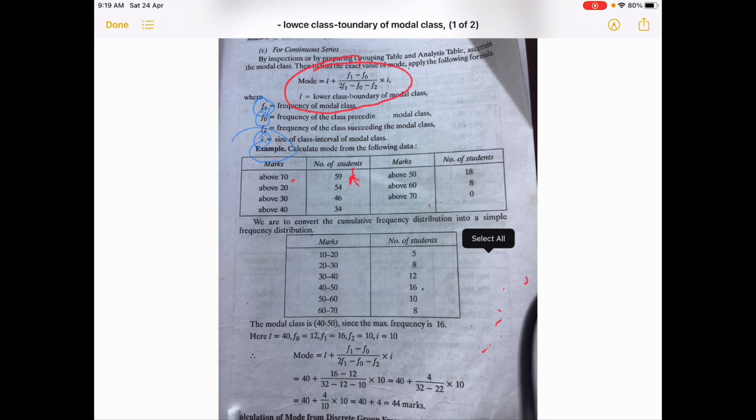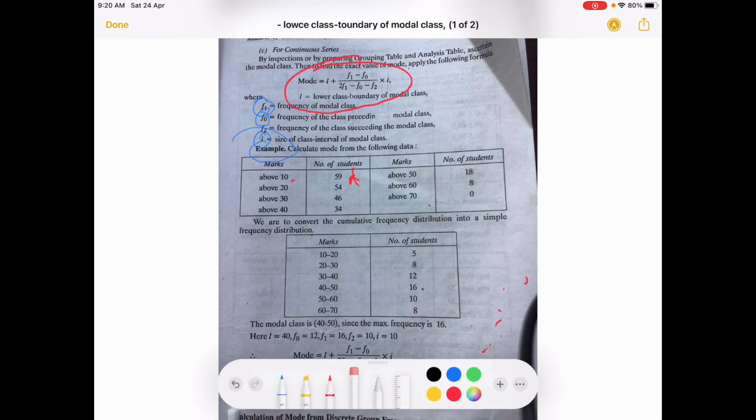Now you have to see which one is mode or which one is modal class. अब यो marks भित्रमा कुन चाहिँ exact मोड हो त, center figure कुन चाहिँ हो भन्दाखेरि अहिले मोड exact देखाउन सकिँदैन, तर class modal class चाहिँ देखाउन सकिन्छ। Modal class अब यो चाहिँ modal class हो, class boundaries। मोड चाहिँ एउटा figure मात्रै हुन्छ र number of student हेर्दा सबसे बेसी कुनमा छ भन्दा यो हेर 16 चाहिँ सबसे highest आउँदैछ यहाँ। ओके, 16 is coming, सबसे highest आउँदैछ। सो यसमा चाहिँ तपाईँको मोड बस्छ, most frequent and occurring frequency 16 छ भनेपछि यसको सिधा 40 to 50 छ। यो 40 to 50 को बिचमा भित्र चाहिँ modal हाम्रो मोड छ 40 to 50।